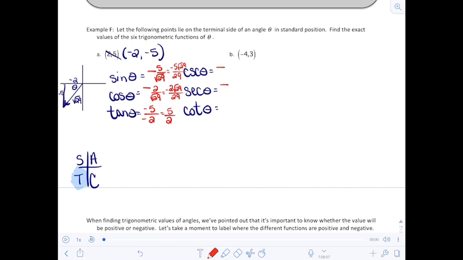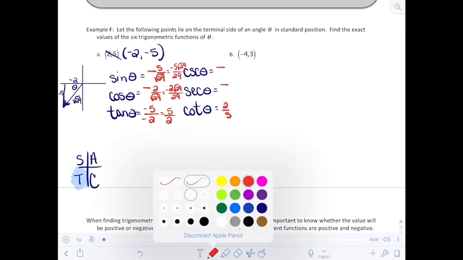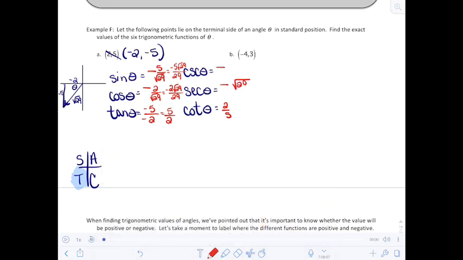So as we look at the reciprocals, cotangent would be 2/5. The secant would be negative root 29 over 2. The cosecant would be negative root 29 over 5. And there we have all of our 6 ratios. Okay, now we're going to do B, where the terminal side of an angle has the point